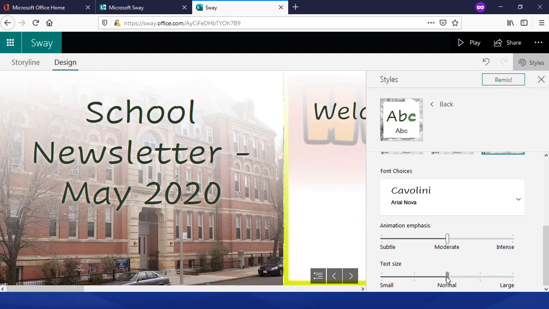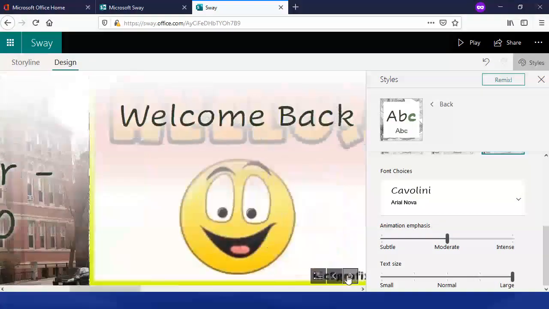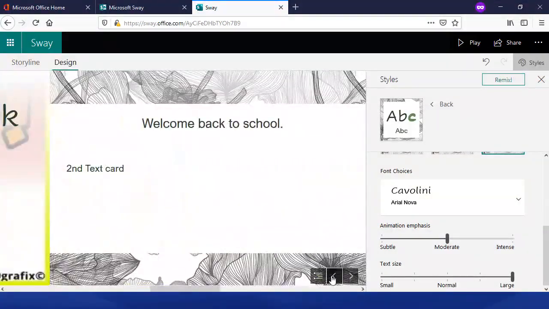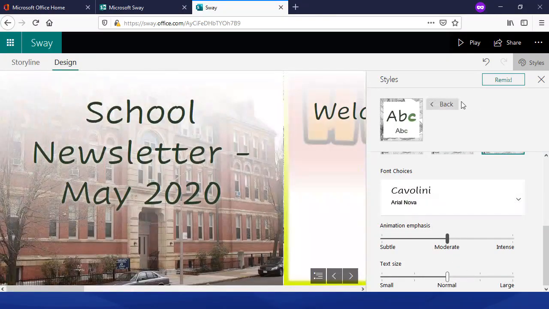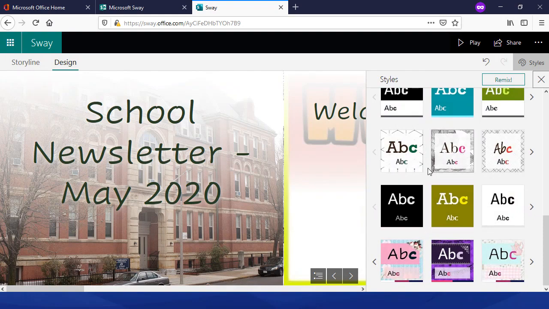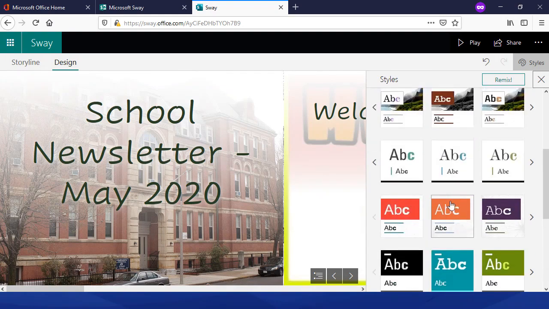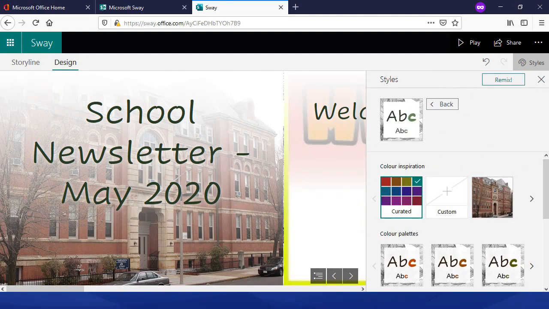And then you've also got text size. So there we go. Simple enough. We can just kind of make everything just a little bit bigger if we wanted to. So we do have a little bit of control. So we've got these sort of styles and color schemes down here. We can choose whether it's vertical, horizontal, or slides, and then we can go into customize, and we can have these kind of